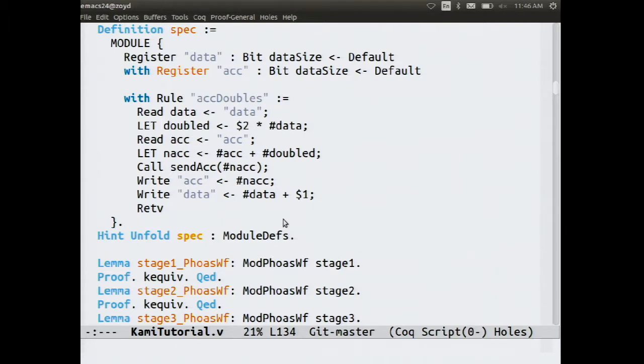Yeah? What is the semantics of the let declarations of the rules? It's just assigning to a local variable, or equivalently, same as OCaml. So what would that translate to at the hardware level? Like the registers will translate to registers. It translates into another set of wires that get their values set by a circuit.